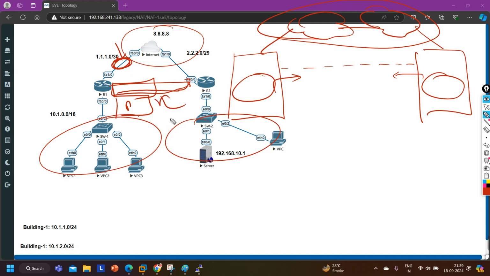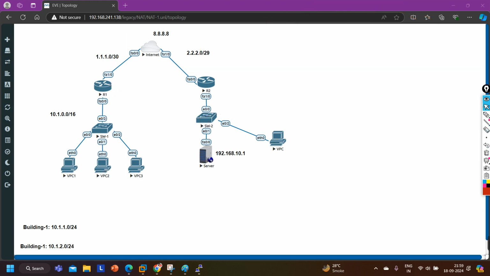So we are going to now secure the VPN, right? So why did we come up with VPN? Because by default, two private sites cannot communicate over a public network, because the public network doesn't have routes for the private IP addresses.